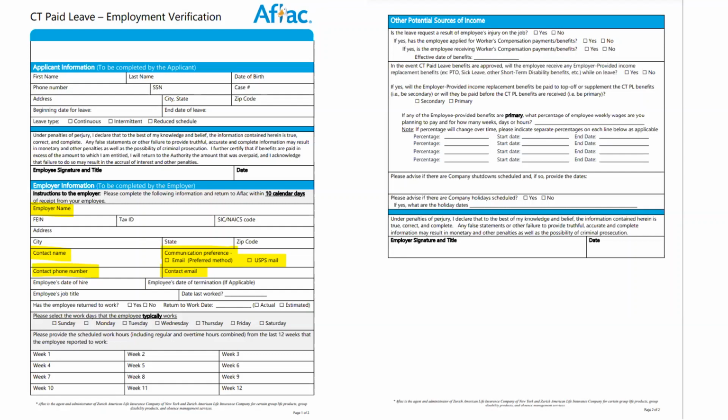It's very important to have a contact name, phone number, and email. So let's say we have a question. The person originally applied for continuous leave, and now all the documentation is showing intermittent. Or there's a discrepancy in the date of hire. Or the person has told us they're terminated and has not canceled their paid leave application because they're collecting unemployment, say. So whatever questions we may have regarding the claim or the employee status, if we have your name and a contact email, it just expedites the process for everyone. It makes it more streamlined.